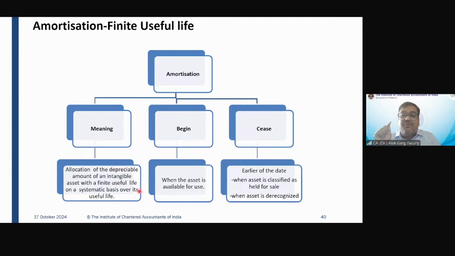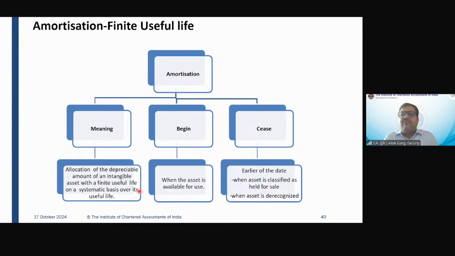Amortization begins when the asset is available for use, not when it is put to use. So Abrikes is an article in a chartered accountancy firm, or let's say he works as a finance consultant. His client purchased Tally software on 1st April 2023, but started using it on 1st July 2023. When this Tally software was acquired on 1st April, it got installed and was available for use. It was put to use on 1st July.